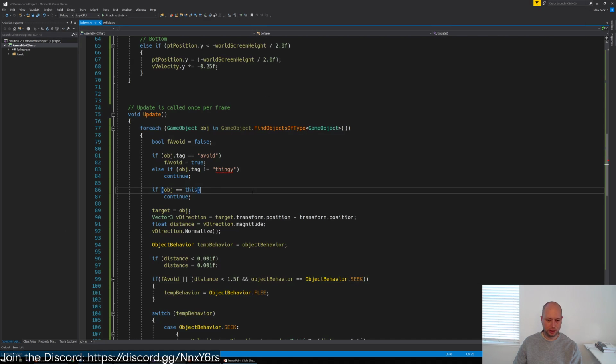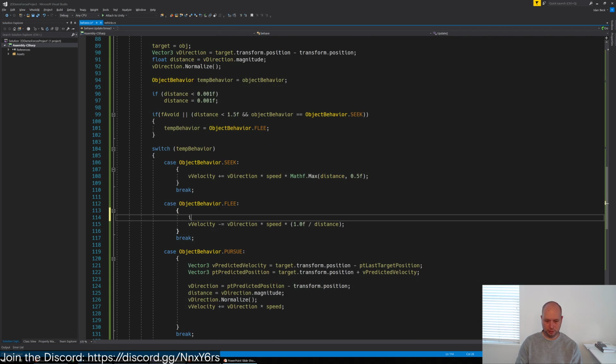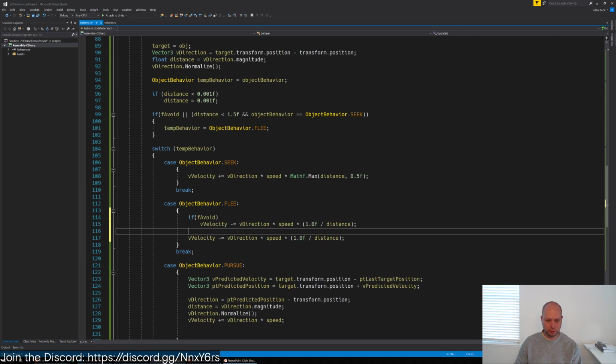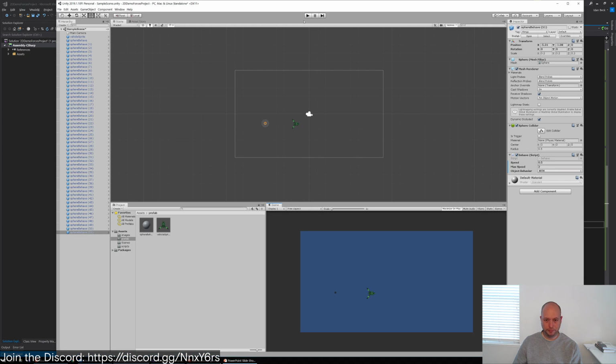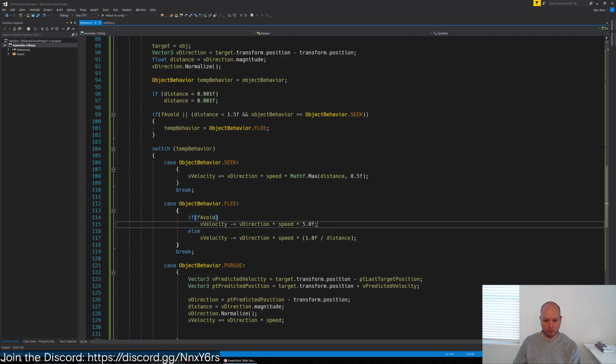And another thing I can do to play with this is I can use this tag. If I'm avoiding, instead of doing this calculation, I'm going to multiply my speed by 5, and I'm going to get rid of this distance. And we'll see. What I'm trying to do is get them to disperse, to break the bonds. Right, so here, oops, if I get too close, actually I do need this